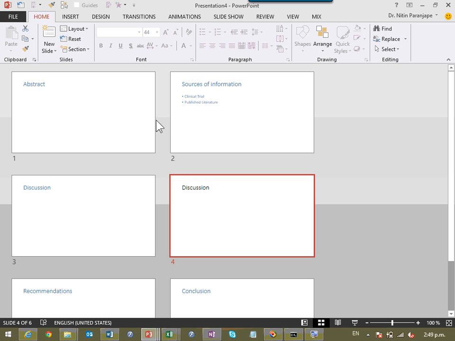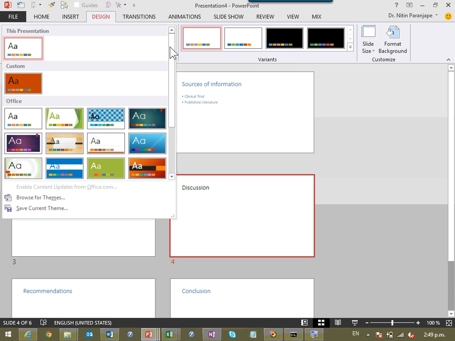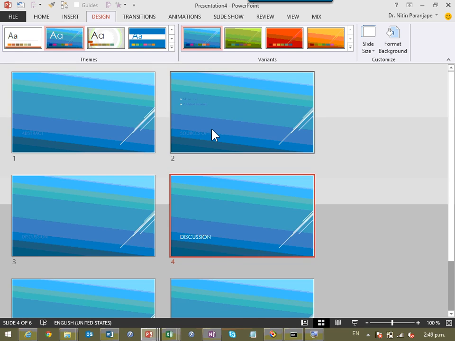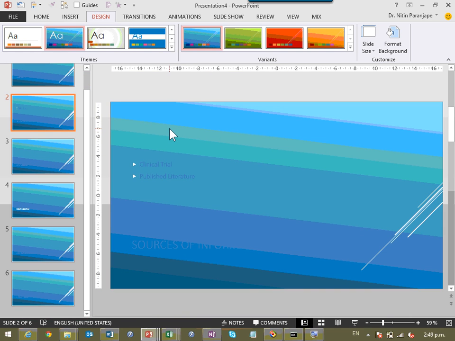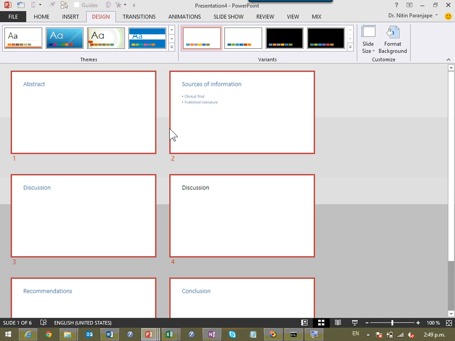Because of that, now if I apply a different template to it and that template happens to have a blue background color, notice what will happen. Your sources of information is no longer seen now because the background is also blue, the font is also blue. Understand the problem? So now send to PowerPoint, step number 1. As soon as you send to PowerPoint, we want to get rid of that extraneous formatting which has come from Word so that PowerPoint can take over. How do you do that? Select all the slides